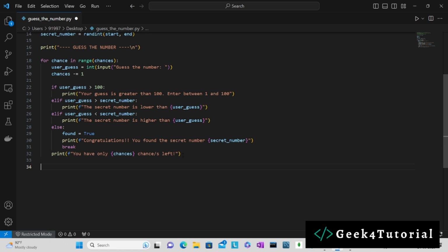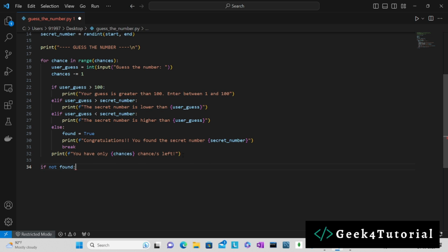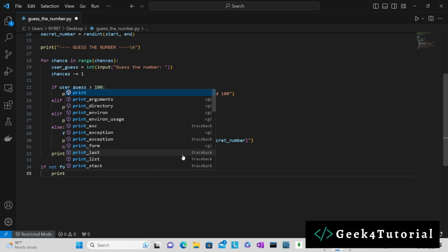That's why we have introduced a found flag. If the loop completes with all its chances, then the user hasn't found the secret number. So with the help of that flag, we can add one conditional statement like, if not found, then we are going to print a message like,